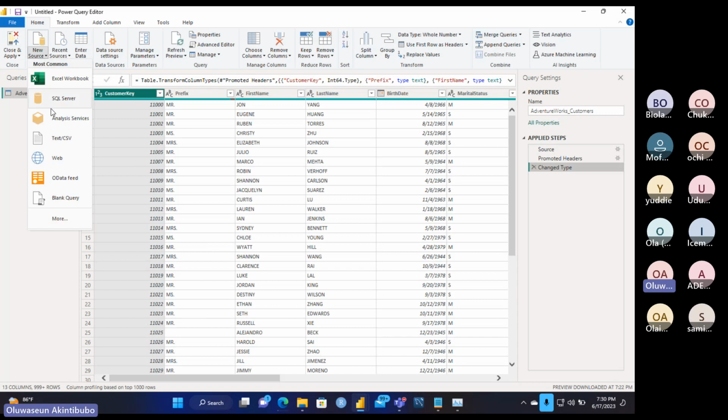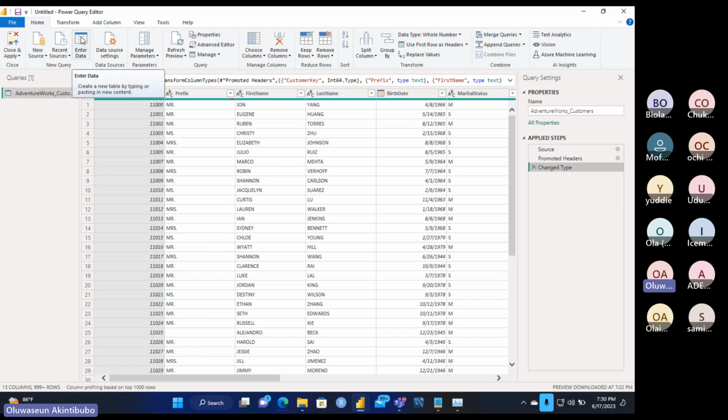We have the source. You want to get your data from anywhere, right? You want to look at recent sources that you have used, you want to enter data by yourself, you want to check your data source settings. You want to do a whole lot of things from here. You want to manage your queries, you do that from here. You want to manage columns, reduce rows, or sort, you do that from here. You want to transform, which we'll use very soon, or combine, or check for AI insights. Are you following me? That is what you have in the Home environment.